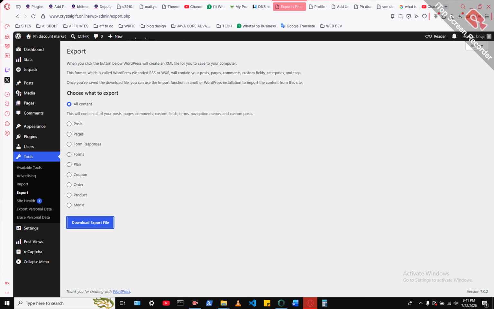So it's a very simple process. You just click on download export file. It's going to download an XML file. XML files are compressed file formats which WordPress uses to save documents and make it easier to upload, because if WordPress has to export all the pages in the normal format that it is,